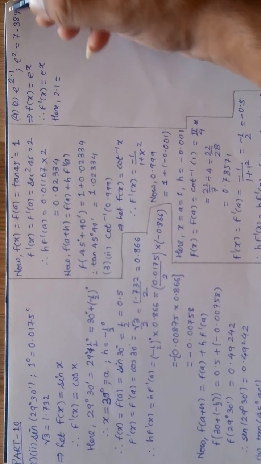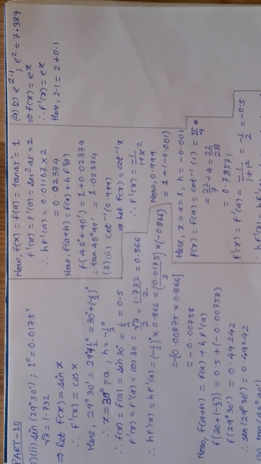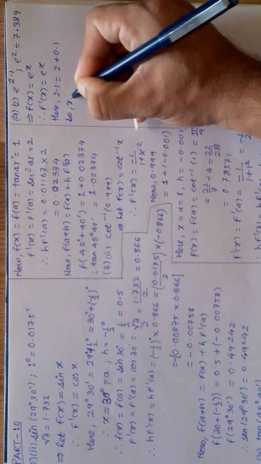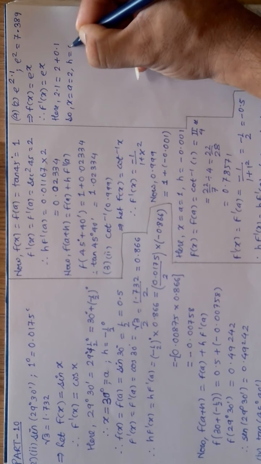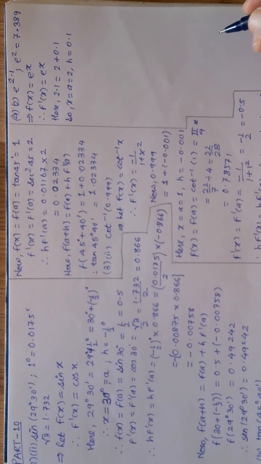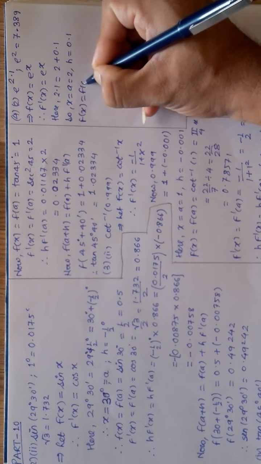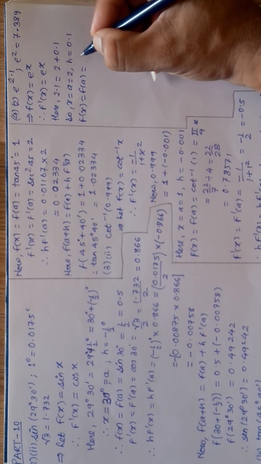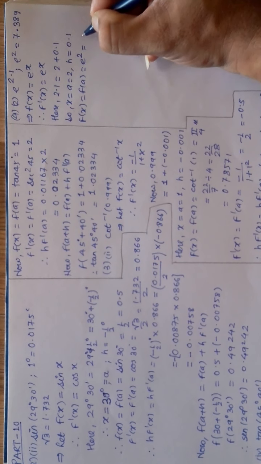So it is better to break it into the form of 2 and 1, that is 2 plus 0.1, that is more advisable, right? So your x is equal to a is equal to 2 and h is equal to 0.1. Once you get this, you will find function of x, that is function of a. Function of a is e raised to x, that is e raised to 2, and e raised to 2 is given as